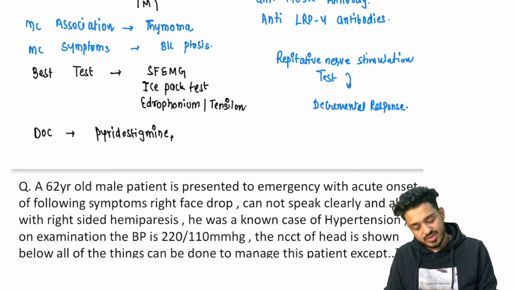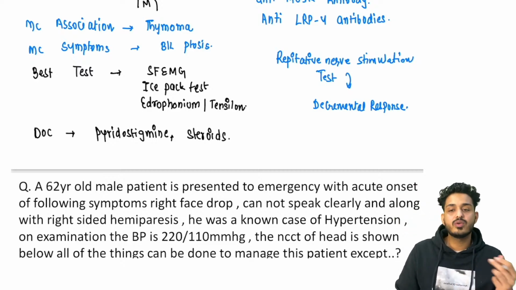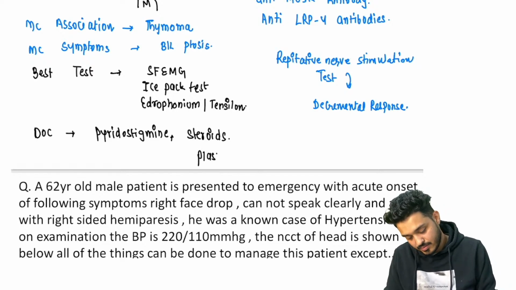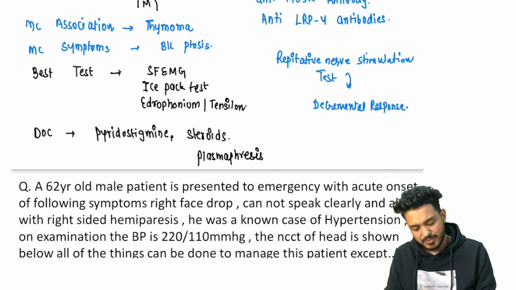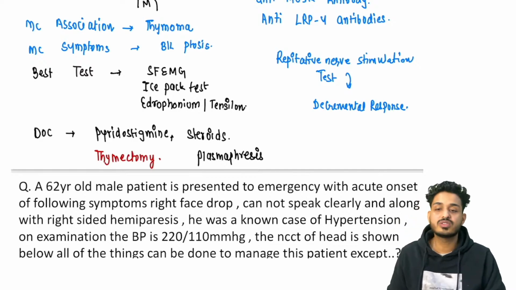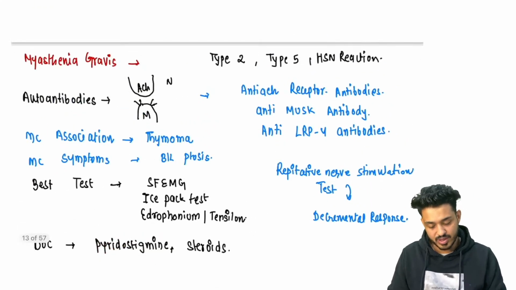You can also use steroids. Okay, we can do other things also, like plasmapheresis. Just remember these things. Sometimes they can also ask you about the thymectomy. For the treatment, we can also do the thymectomy. These are the important points that you need to remember about myasthenia